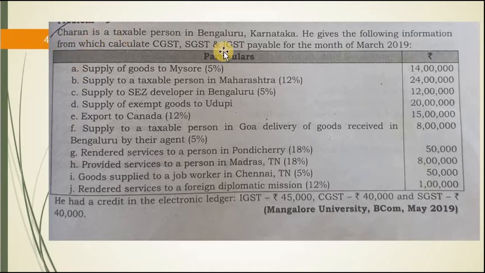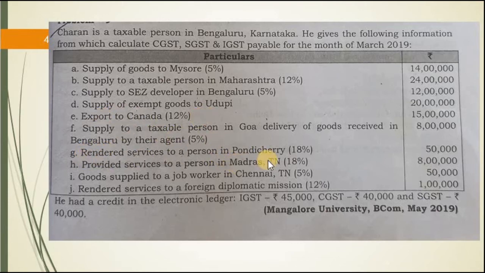Mr. Charan is a taxable person in Bangalore, Karnataka. He gives the following information, from which we calculate CGST, SGST and IGST payable for the month of March 2019. The information is given: supply of goods to Mysore 14 lakh, supply to a taxable person in Maharashtra 24 lakh, supply to an SEZ developer in Bangalore, then supply of exempt goods to Udupi, export to Canada, supply to a taxable person,